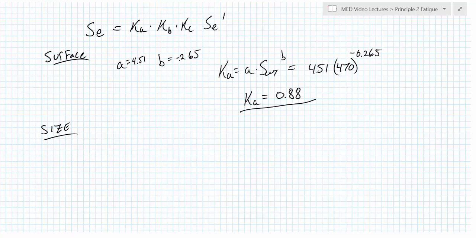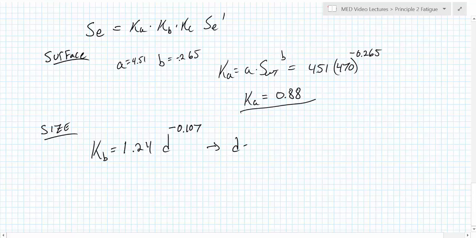So therefore, we can use the regular formulation of D. So Kb equals 1.24 times the diameter raised to the negative 0.107. If we put in our diameter, which recall was 35 millimeters, this gives us a value of Kb